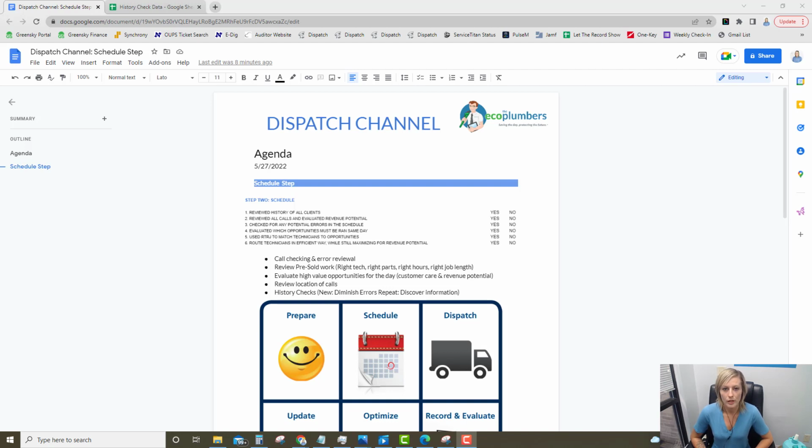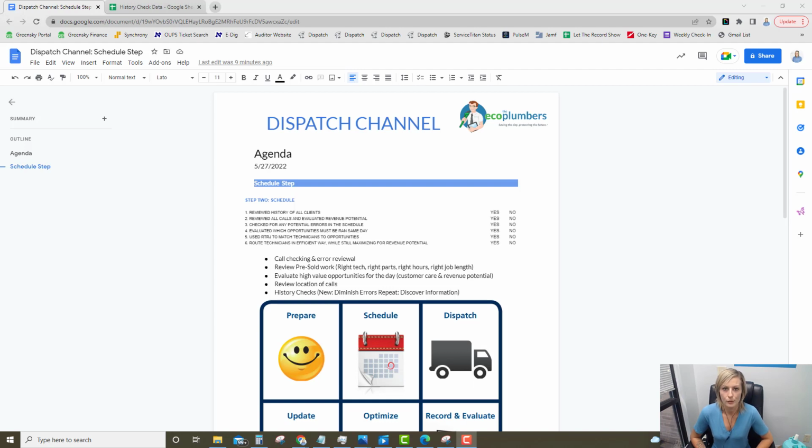Next is reviewing location of calls. Just doing a quick check, seeing how many calls you have on the board today. Are the majority of them on the east side? Are there only a couple on the west side? Are there 2 or 3 that are very far out but close to each other that we could try to put on the same technician? Just getting a general idea of where people are at and where our calls are at